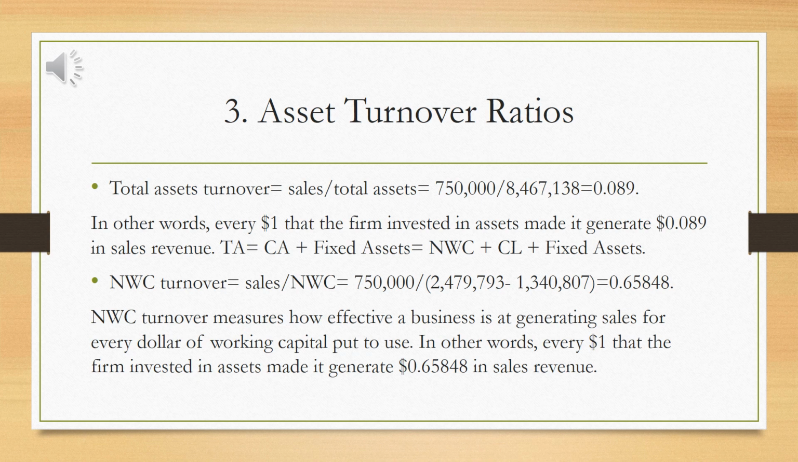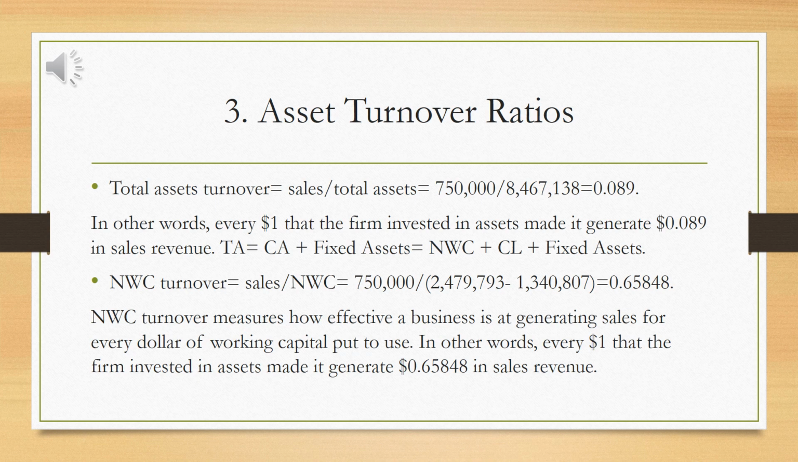Net working capital turnover equals sales over net working capital. Of course, we're talking about net sales. So net working capital equals 750,000 over 2,479,793 minus 1,340,807. Net working capital turnover equals